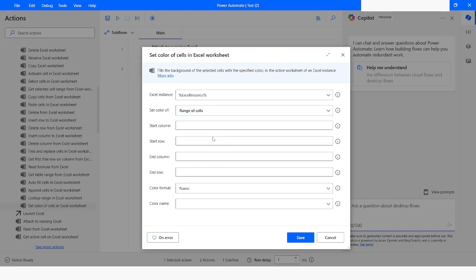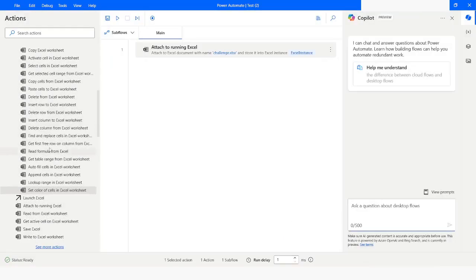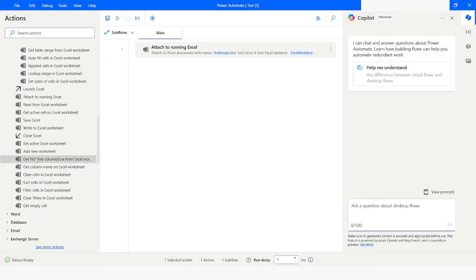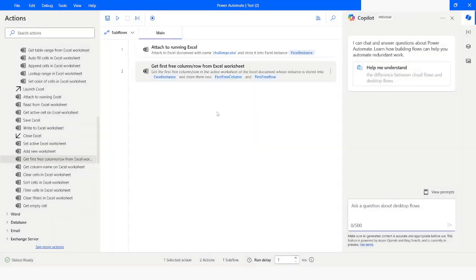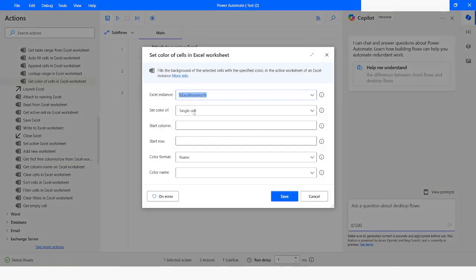So what I will do is I will first use this range of cells, and before using it I will use get first free column or row from Excel worksheet, and then I will click on save. And after that, I will use set color of cells, and here I will choose range of cells,